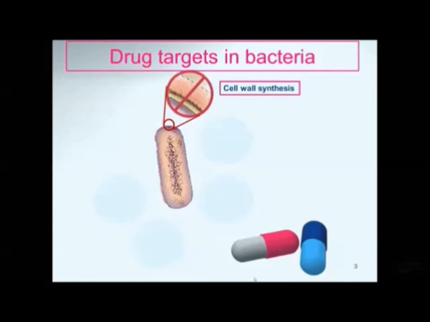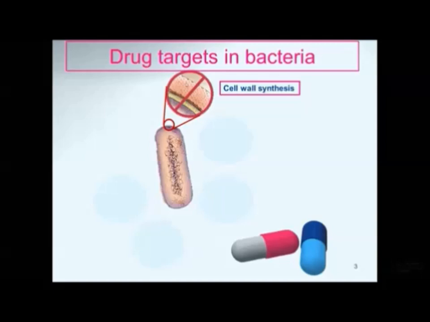Particularly in those gram-positive bacteria where they've got a really thick cell wall, they have to make that cell wall, and it's quite a complicated process because it's almost like brickwork. It's like a very protective, very thick wall, just like security walls that we would have with interlocking bricks, which have to be biochemically connected to one another. So the making of that wall and the repair and the maintenance of that wall is quite an important process